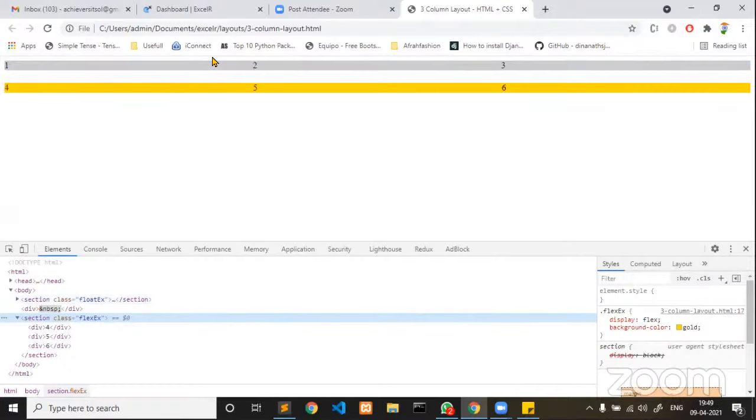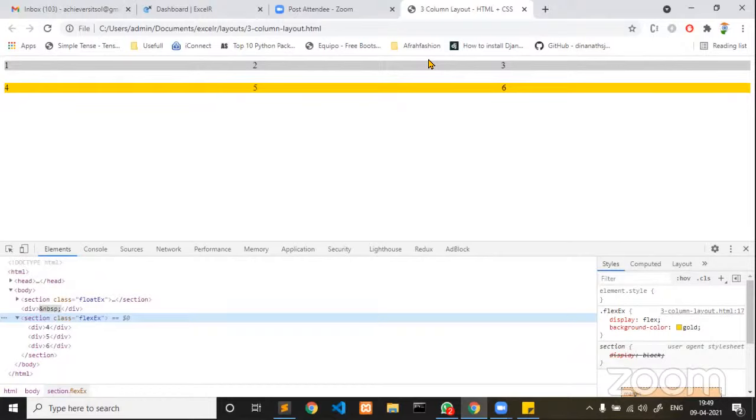Guys, float left, what it will do: the element is going to start rendering to the left. If you use float right, it will start rendering to the right of the document. Float left, float right, float none: left, right, none. These are the possible values available for the float property. Along with the float, you should also use the width property to ask children to use a certain portion of the parent width. But when it comes to display flex, which is converting block level children into inline,